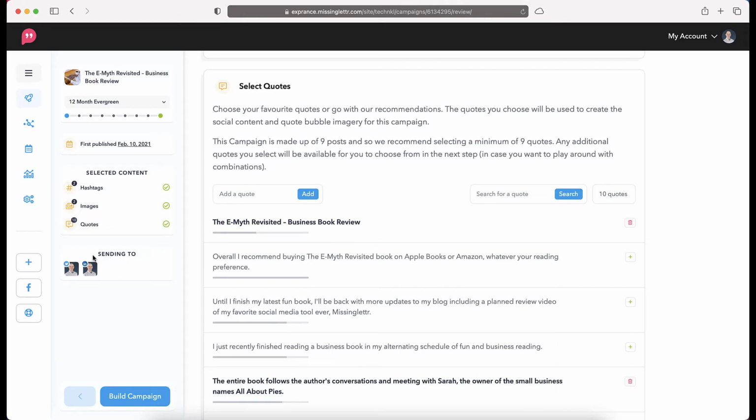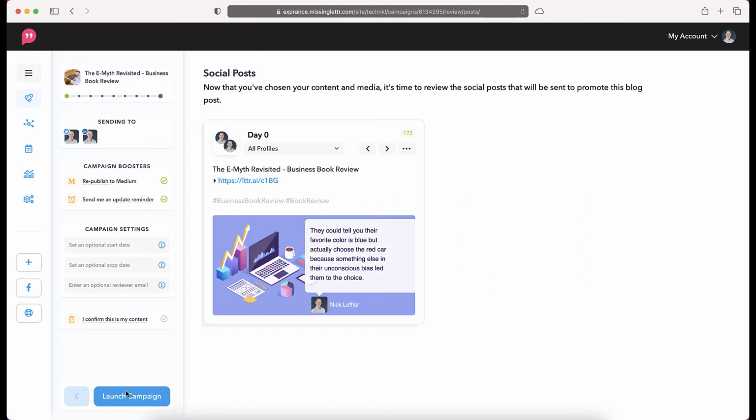And then I've already connected my social profiles, and I'll go ahead and show you how to do that kind of stuff later. We'll get into the technical setup of Missinglettr. So once I get that, I build a campaign. And this is going to do all kinds of automated stuff for me. And you can even republish your post to Medium, which I already have connected. And you can even have Missinglettr send you a reminder in 6 months to go back over a blog post and make some updates, because that's always good practice, to make sure there's nothing that needs to be added to a post, or maybe change a few things, or maybe completely revamp the post,